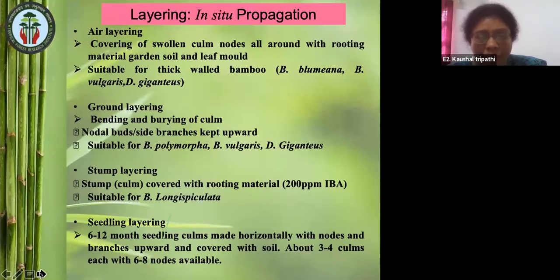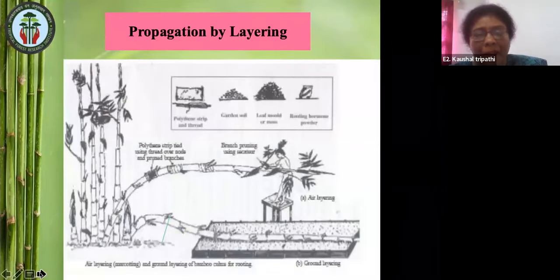So air layering and ground layering are the two commonly followed methods of layering. Next slide, please. This is the picture you can see. This is the air layering, and this you can see in the ground. The culm has been fixed in the soil. Here also, the nodes which come in contact with the soil will root. And air layering is in the air, as the culm is attached to the mother plant itself. It is not being detached from there. And when the rooting occurs, these portions will be cut and treated as new plants. Next slide, please.